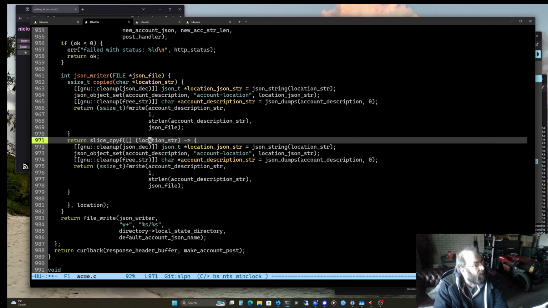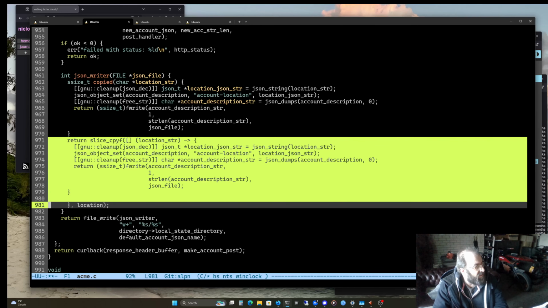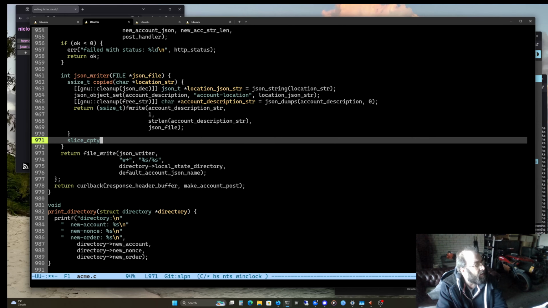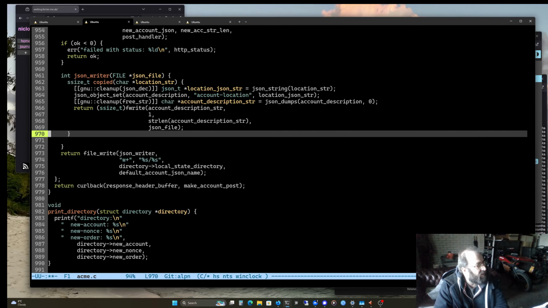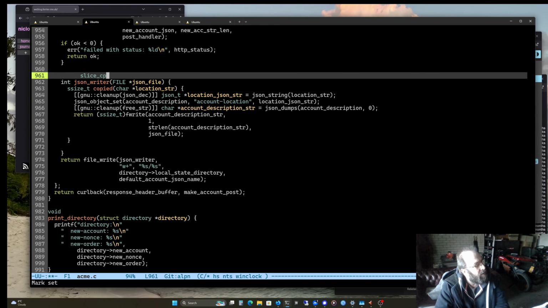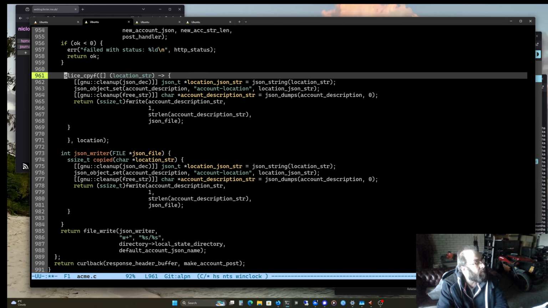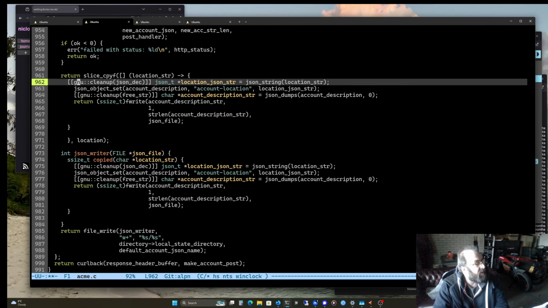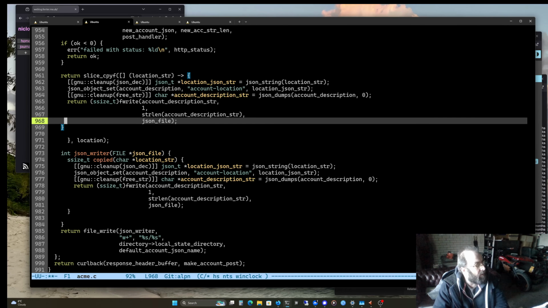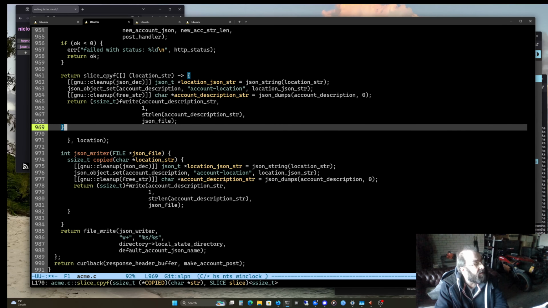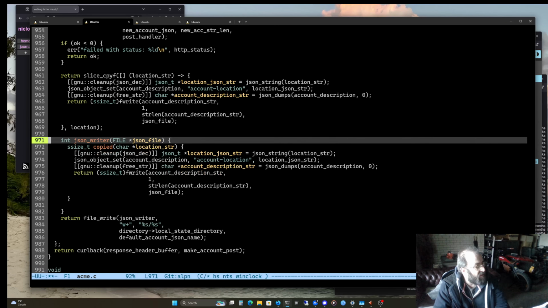So what I'm trying to say is that I don't want to forget this. Oh, let's just go make a new one. So it's probably a return value. So slice copy f, comma location. So that's the slice, and then we'd have